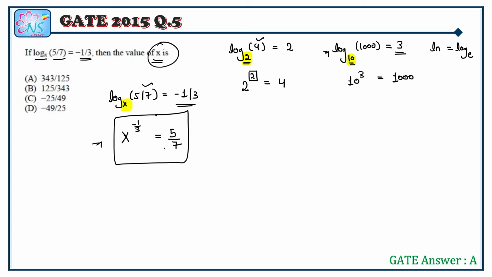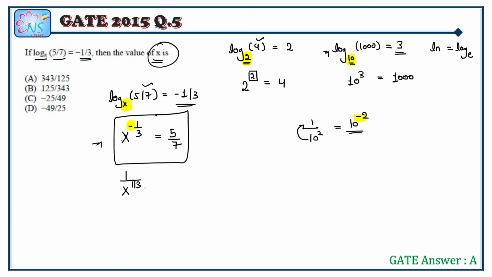Okay, so the solution is very simple, and you know that a negative power means that this variable should be in the denominator. Like 1 by 10 square will become 10 to the power minus 2 if we move it to the top, the numerator. So at the numerator the power becomes negative, so the negative sign shows that this value belongs to the denominator. Here also, if we move it to the denominator, it will become x to the power 1 by 3. So you can see by changing the position, the sign of the power changes.